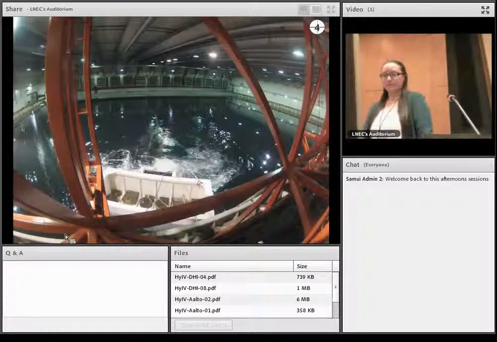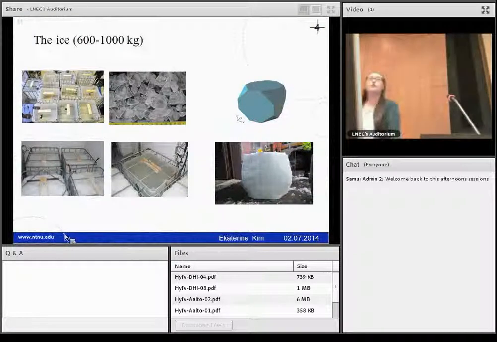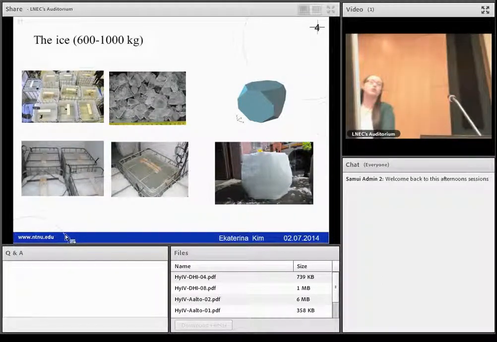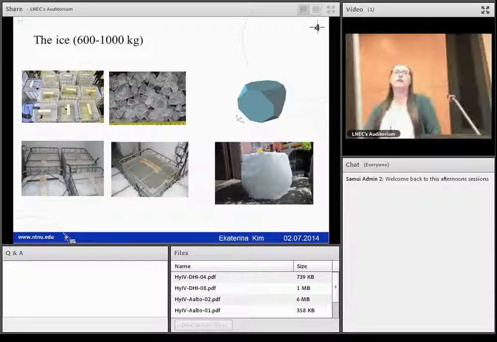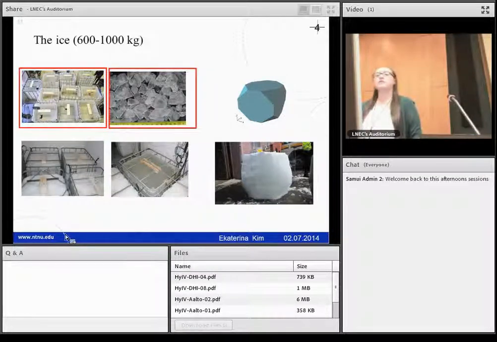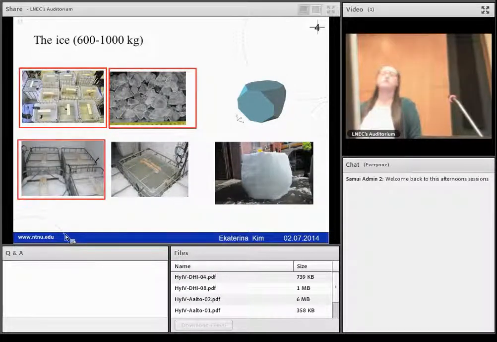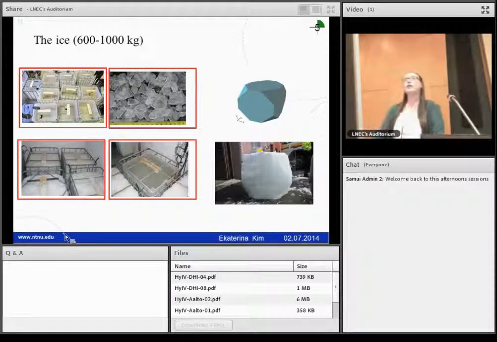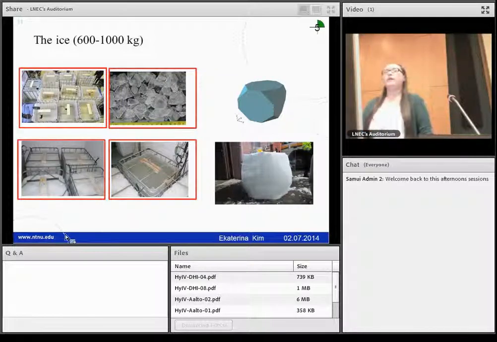Then let's talk about ice. We manufactured the ice using a mixture of the commercially crushed ice and water. We had 10 plastic containers which were filled with crushed ice, and then later flooded with water. Then the ice blocks, the samples, were stored at -20 degrees in the cold room. And then the resulting ice specimens were cut using a chainsaw to the desired shape, and here is the idealized shape